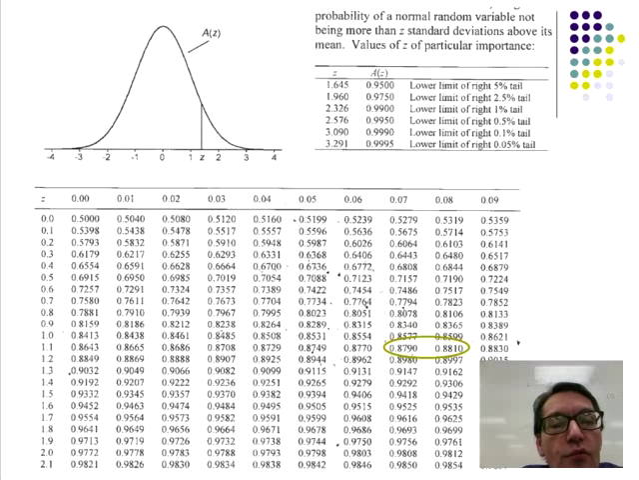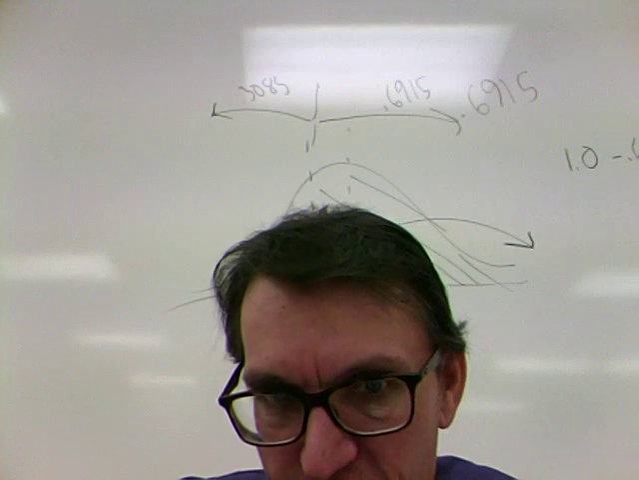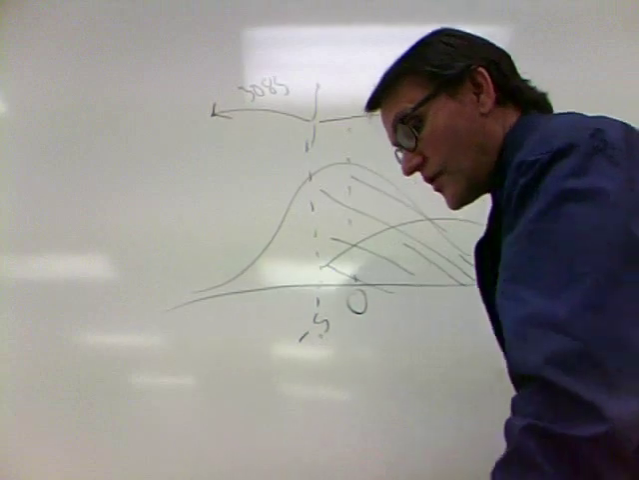Okay, we're in the 1.1 row, and the answer that we want is somewhere between the 0.07 and the 0.08 column, because neither one is exactly correct. So what we're going to do is split the difference and say a z-score of 1.175, in between these two, corresponds to the 88th percentile. And so at a z-score of 1.175,